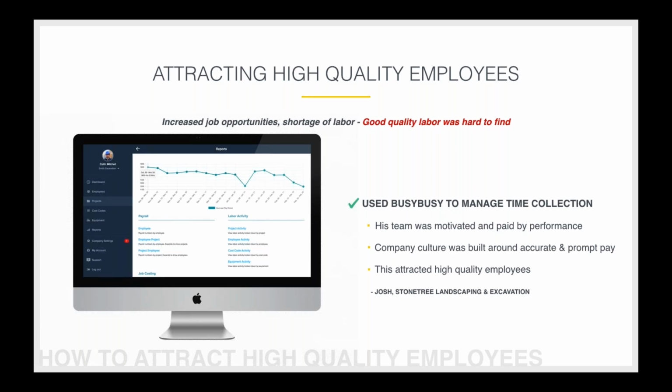Yeah, and when we think of labor costs going down, we think we're paying the guys less, and that's not necessarily the case. We're paying the same, but we're getting more production out of them. We're getting more done on the job than when we weren't tracking it. So his labor costs went down, his productivity went up, and as a result, his profitability increased.